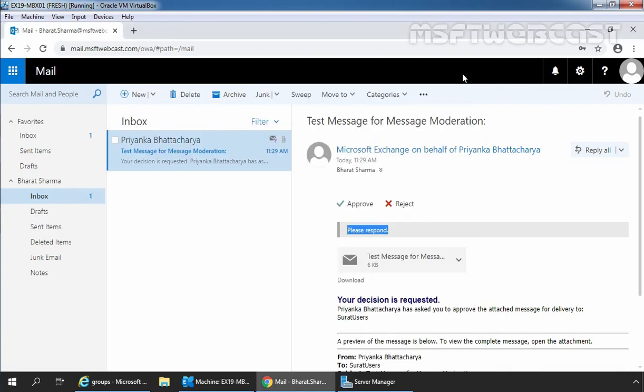Let's close it. In this demo, I'm going to reject this message and that's why I'm going to click on Reject button. We can edit the response before sending the message or we can send the response right away. In the production environment, you will send a meaningful reason to the sender that why you are rejecting the message. Let's click on Send the response now.